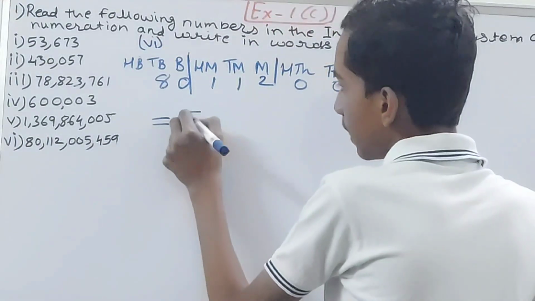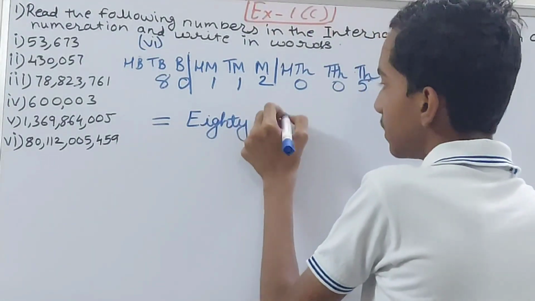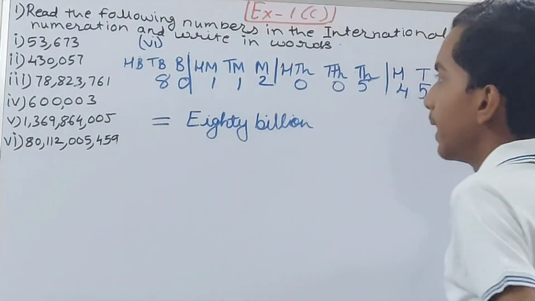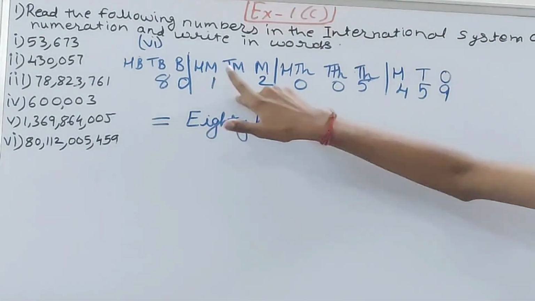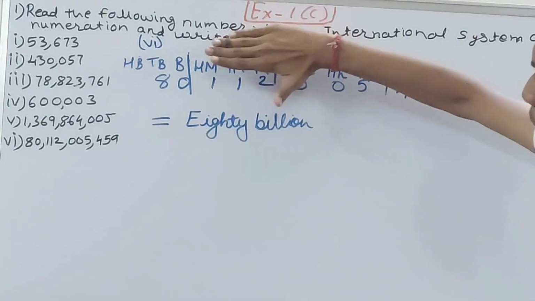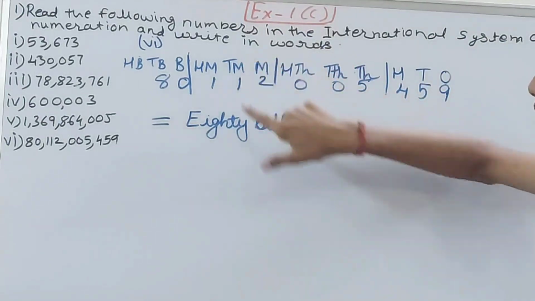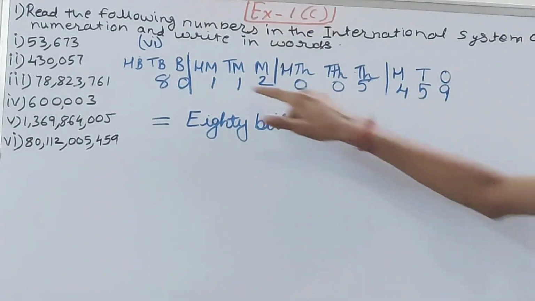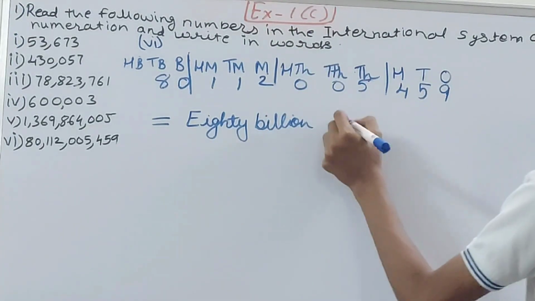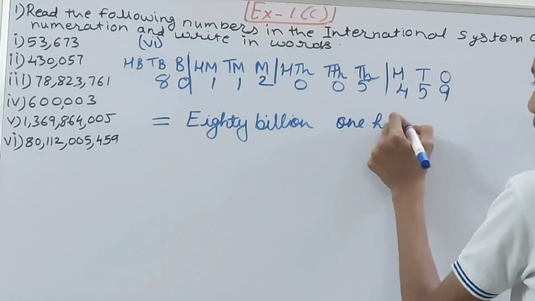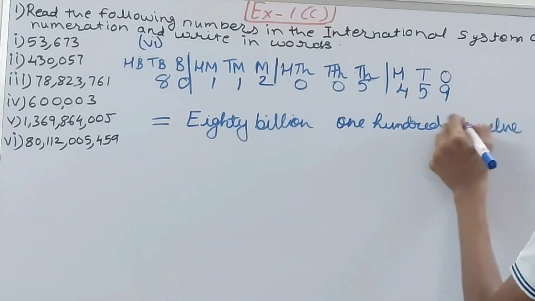So this will become 80 billion. Then you can see 112, right? How would you read this individually without these million places? This will be read as 112. And since this is in the millions period, you will write million in the end. You can see 1 at 100 million, 1 at 10 million, and 2 at millions place. So this will be 112 million,